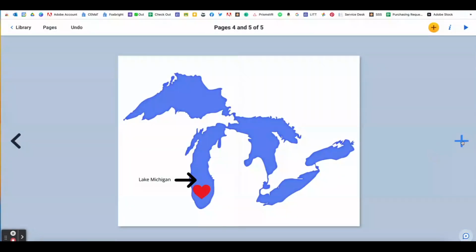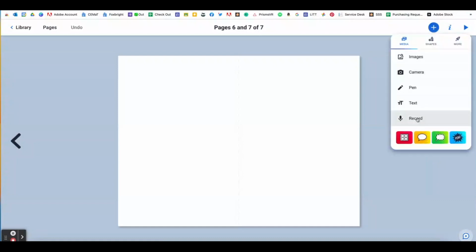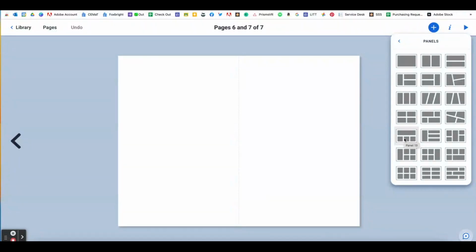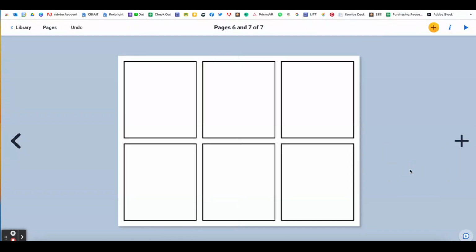All right, let's go to a new page and let's look at some of these other features such as the stickers, the call outs, and such. So remember we talked about because you chose a comic book, you can choose it to have a different type of panel or layout. So if I wanted to choose this one, and let's say I wanted to kind of do a collage of the different facts or symbols or representations of Michigan. So let's say in each one of these squares, I wanted to put something like our state bird or state game animal and such. So to do that, I just simply have to click on the space,